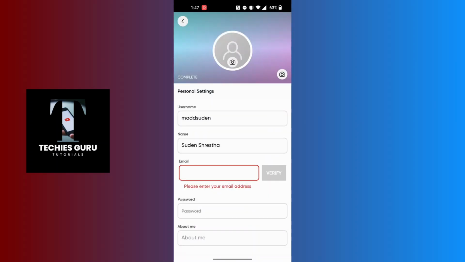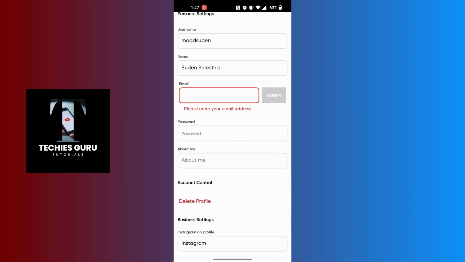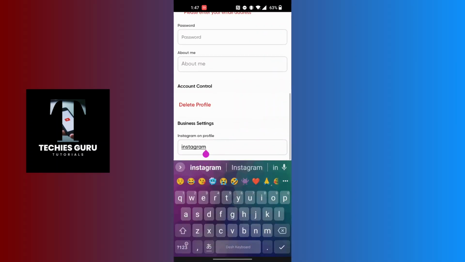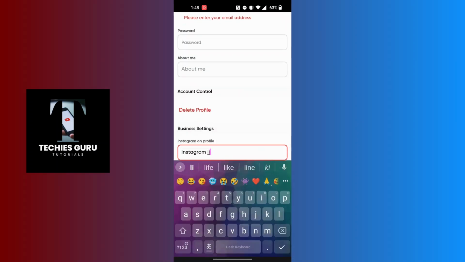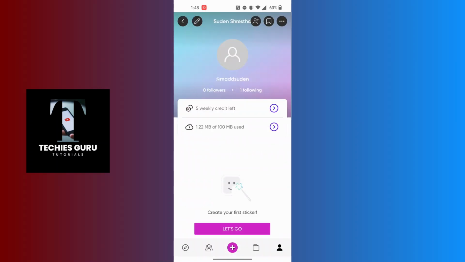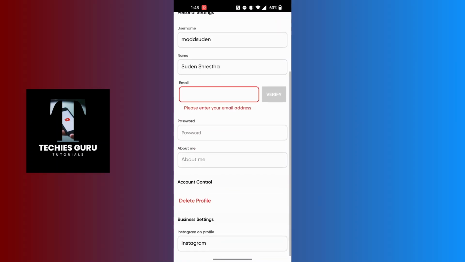Now you'll be required to scroll down to the bottom of the page where it says Instagram on profile just below the business settings. And in this empty box guys, insert or paste your Instagram profile link over here, whichever it may be. And after that, you can see it says the user may not contain special symbols, so enter your username, Instagram or your profile link, and after that just go back and it will be saved on your Picsart profile as this you can